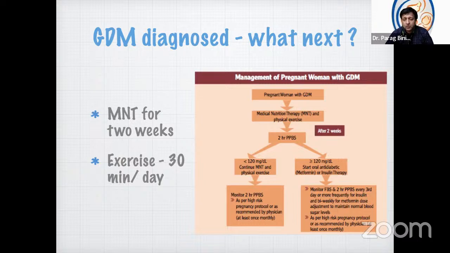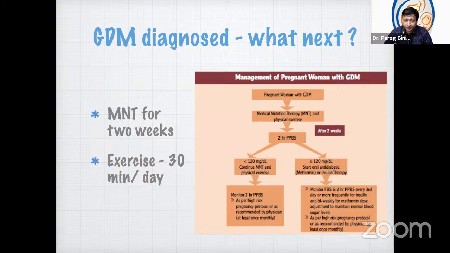Now, if after 2 weeks, the 2-hour postprandial blood sugar level is more than 120 milligrams percent, and this is what the Government of India says, some physicians believe that the value should be more than 140, we should start some kind of therapy in order to control the hyperglycemia. The therapy may include oral antidiabetics, the commonest one being prescribed is metformin, or insulin, as per the need of the patient or as per the